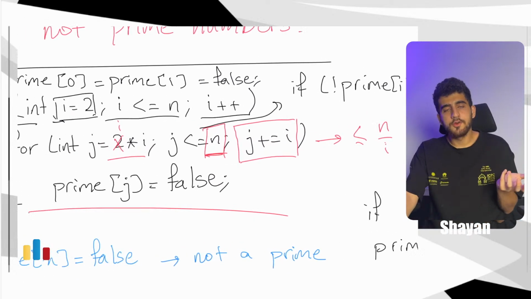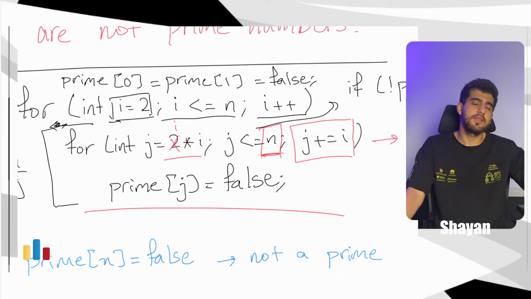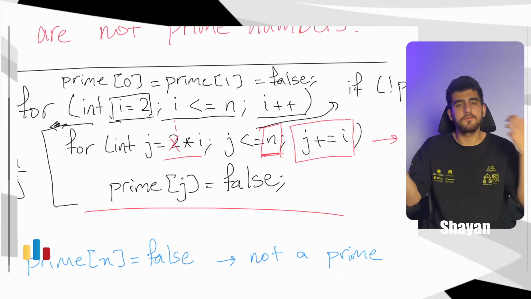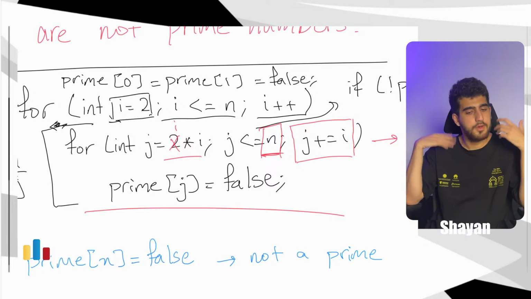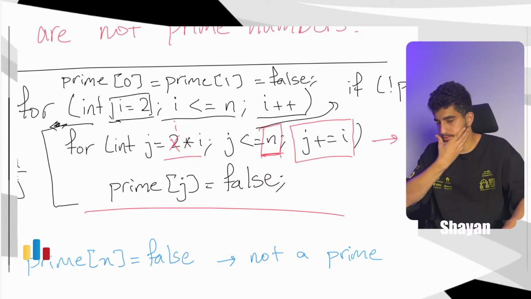This would also work. But the point is that because the time complexity is already n log n and it is good enough, you don't really need to do that. But I'm saying that, yeah, that would also work if you were just doing it for prime numbers and just going to multiples starting from i times i.